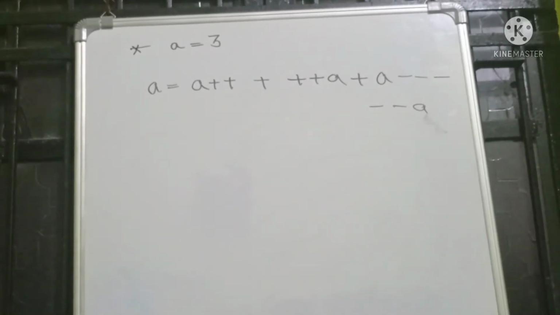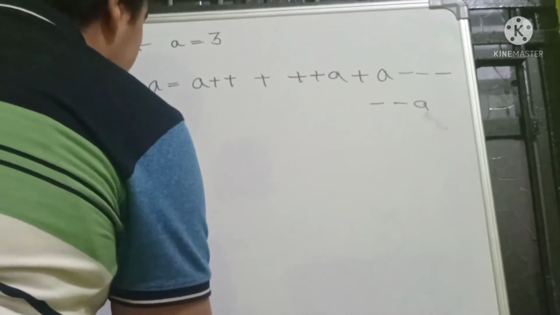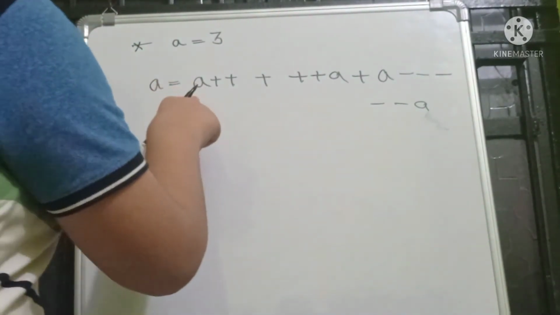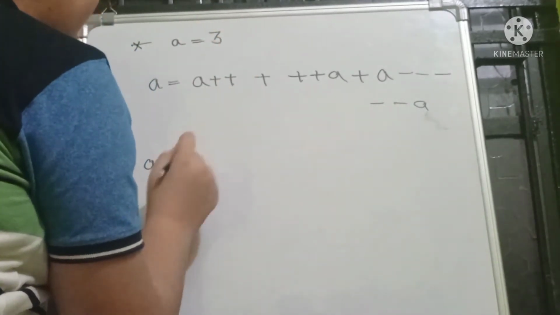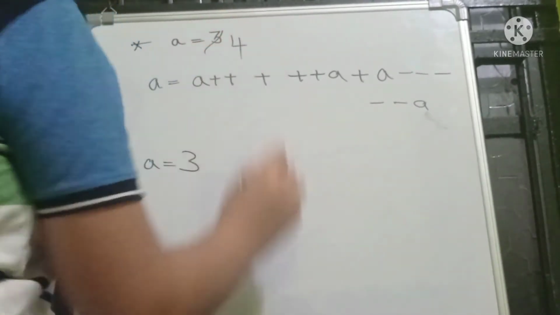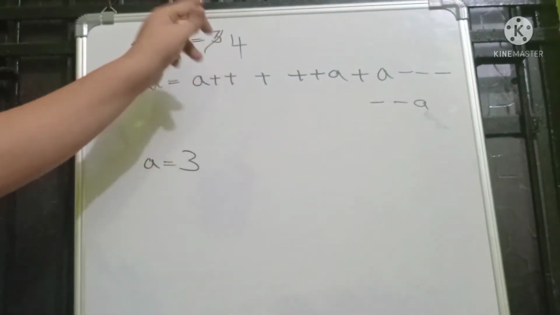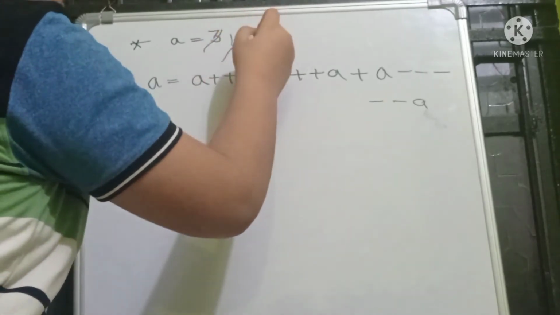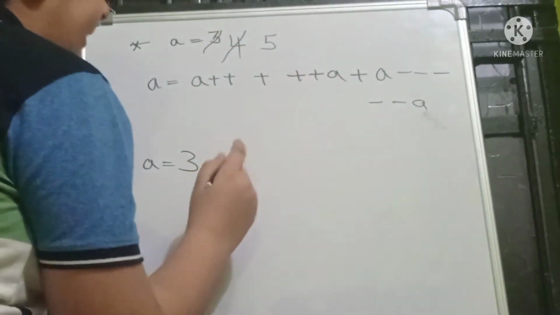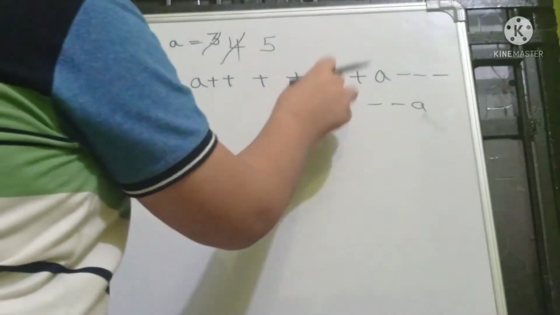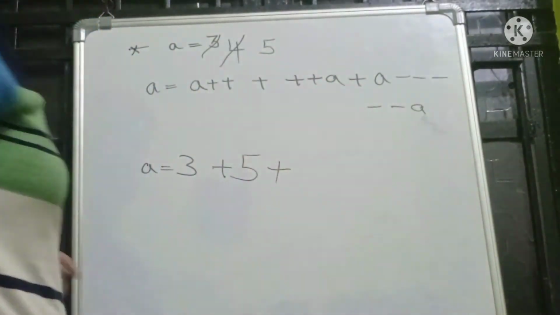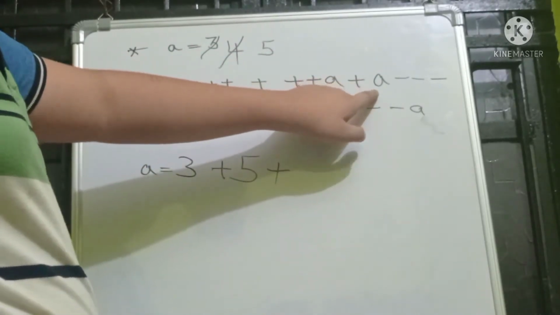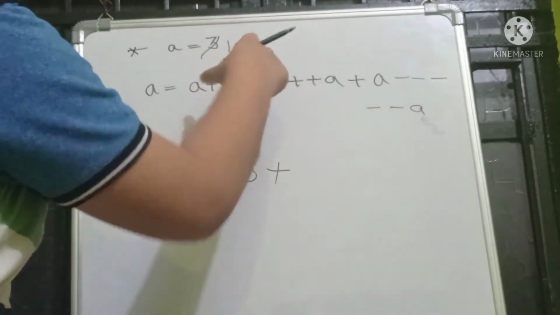Okay, your time is up. Now I am solving it. First of all, you will write a is equal to as it is. Then you will see a. You just write the value of a, then plus plus, write 4. Here from 3 it will become 4. Plus plus plus a means you have to first add 1 and then write 5. We will just write plus and you have to write the value first. A is written first, so you just write the value, that is 5.